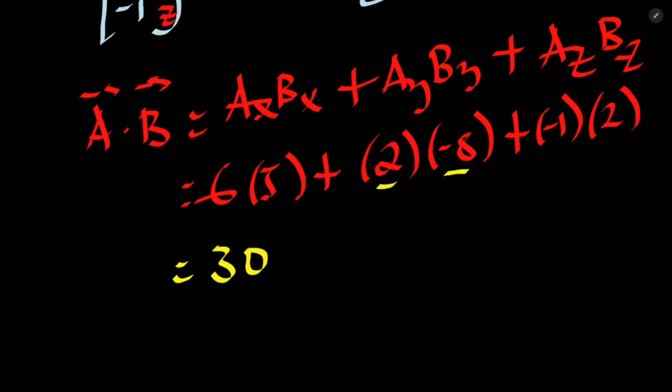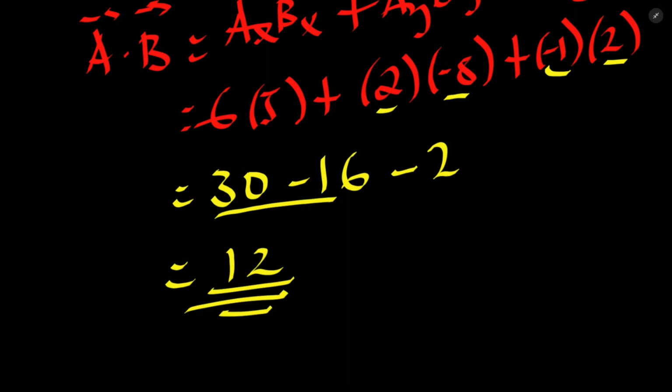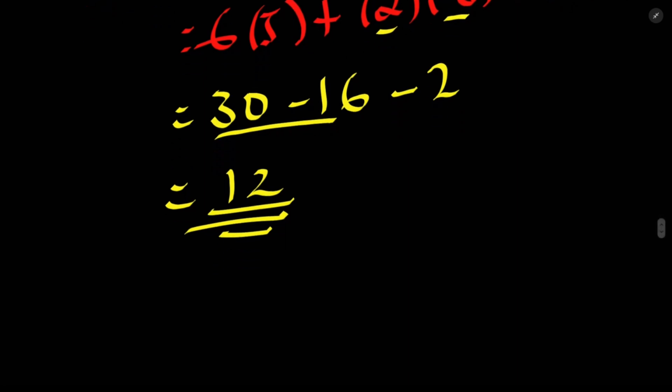-2 is -1 times 2. So now let's combine them together. This gives us 14 minus 2, that is positive 12. So this is their dot product. dot productቸው ወይም ስካላር ፕሮዳክታቸው ፋይናል አንሰሩ 12 ይሆናል ማለት ነው። ሲምፕሊ ቁጥር ብቻ ነው የምናገኘው።